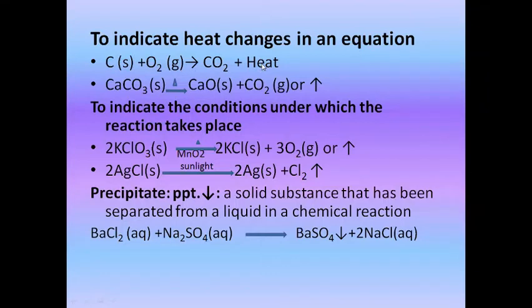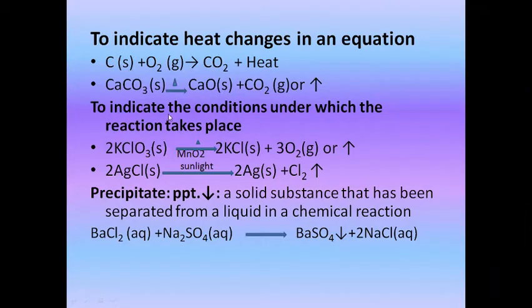Okay, but if the heat is used to burn the reactant, for example in this case calcium carbonate, which is solid in state, is heated, then you write heat on the arrow or represent it with a small triangle. Okay, then it gives calcium oxide, which is again solid, and carbon dioxide, which is gas, and this gas is given out on the product side, so you can also represent it with the arrow upward.